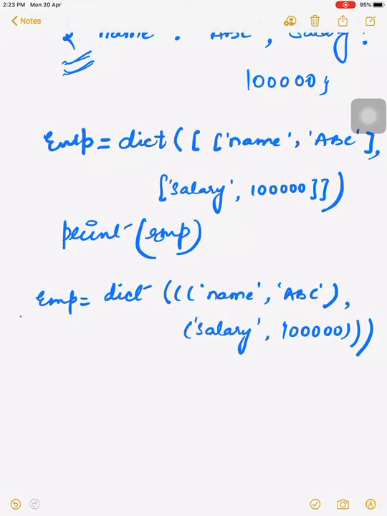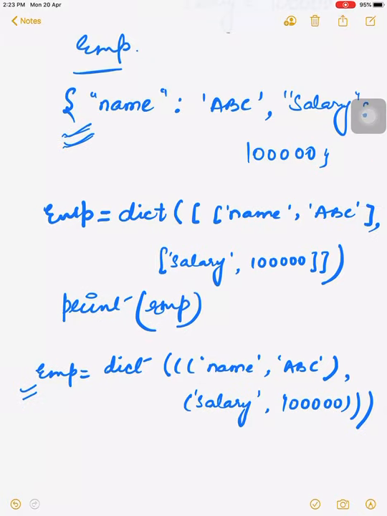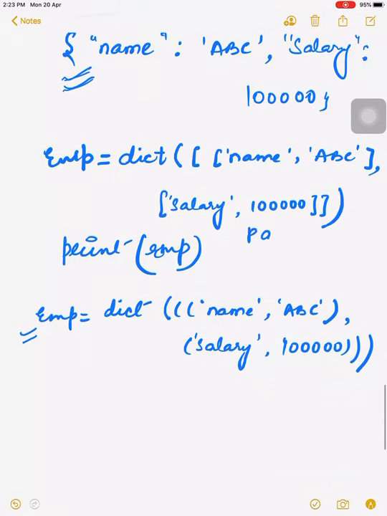Now salary is another tuple. Okay, now what is combined is one tuple, and we close the dictionary function. It will also give our output as a dictionary. So we can convert both tuple and list into a dictionary.